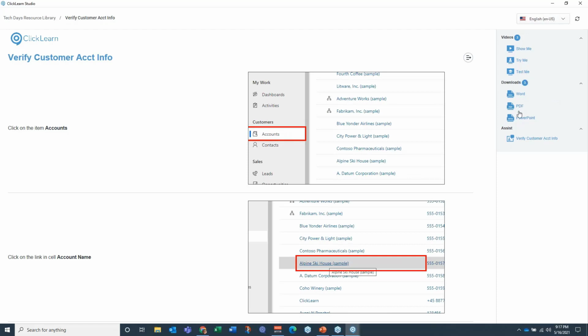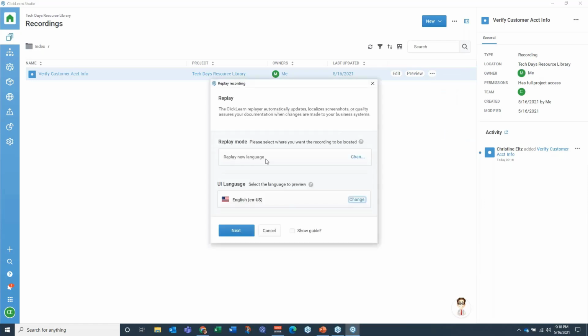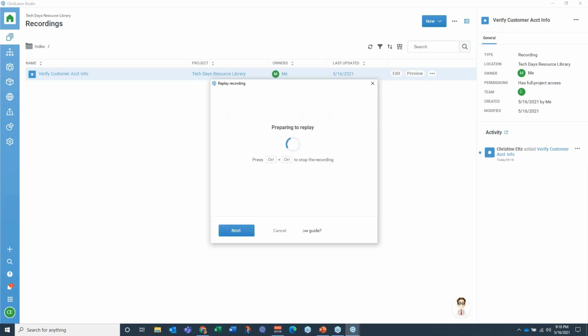So as I make any edits or changes, not only will it be updating the web page, but it will also push all of those changes into those different learning formats as well. So if I want to simply replay so that I'll have a nice, quick, clean capture, I'm going to come here to my drop-down list, choose Replay. I don't necessarily want to replay it into a new language. I just want to have it nice and clean so that I don't see any hanging banners or any other disturbance. Now when I select Next,